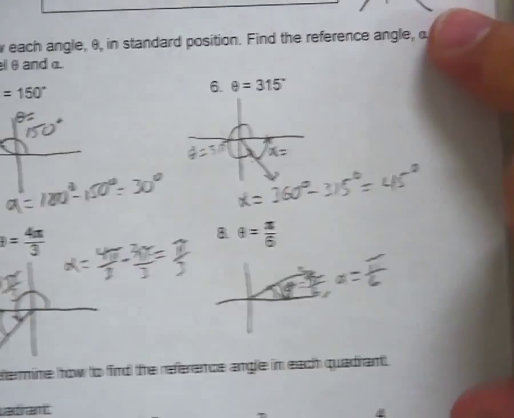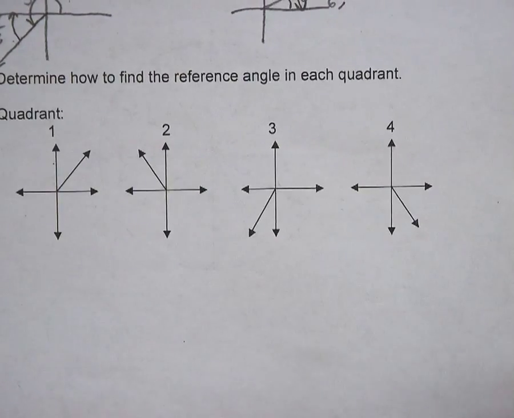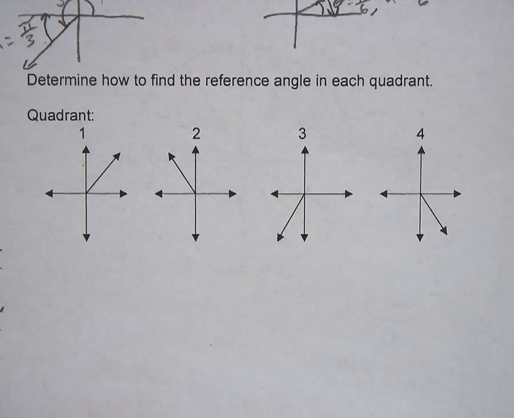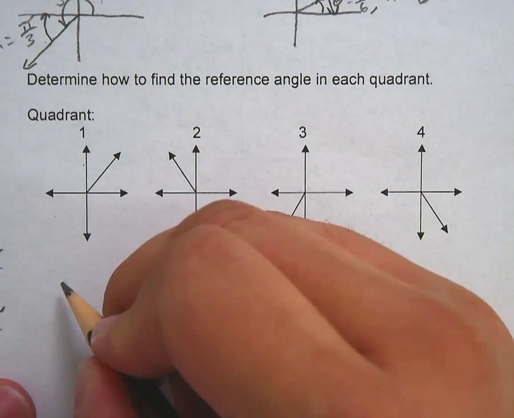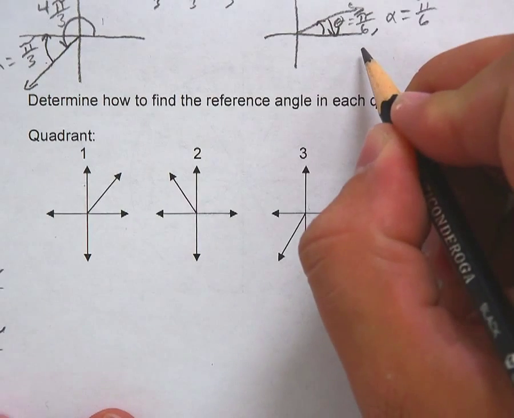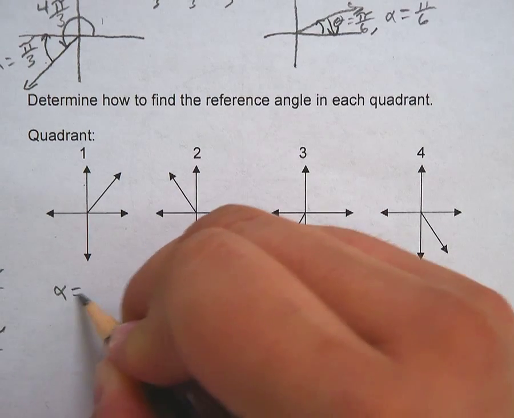So reference angles. Determine how to find the reference angle in each quadrant. So if it's in quadrant 1, just like we found up here, if it's in quadrant 1, alpha is going to equal